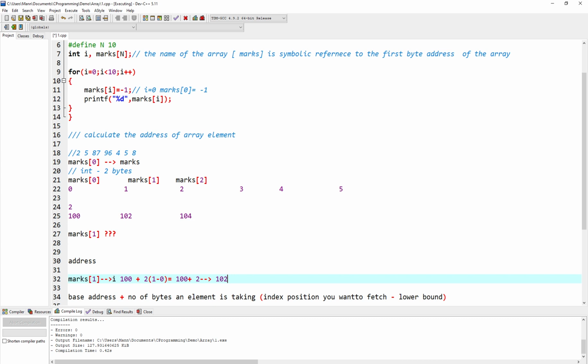Now in the next tutorial we will talk about how we are going to store the values. Although some part of that we have already seen, from the very starting we will talk about how actually we are going to store the values in the array. For this tutorial, I think it's fine, and see you in the next tutorial then.